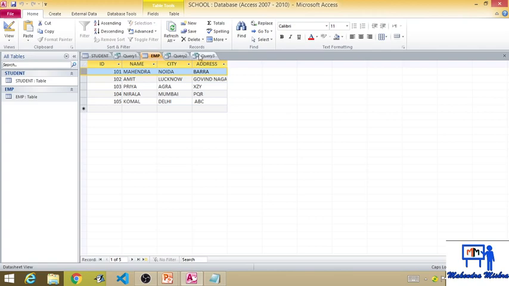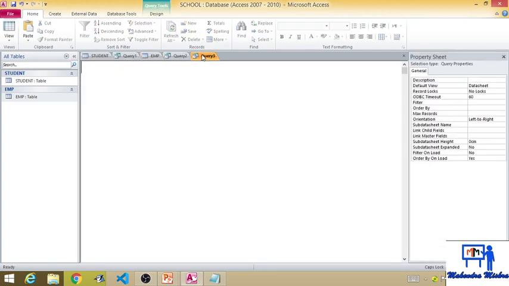Okay, for this you need to write delete from table name where condition, where ID is equal to, my ID is 101. Okay, I have written the query.